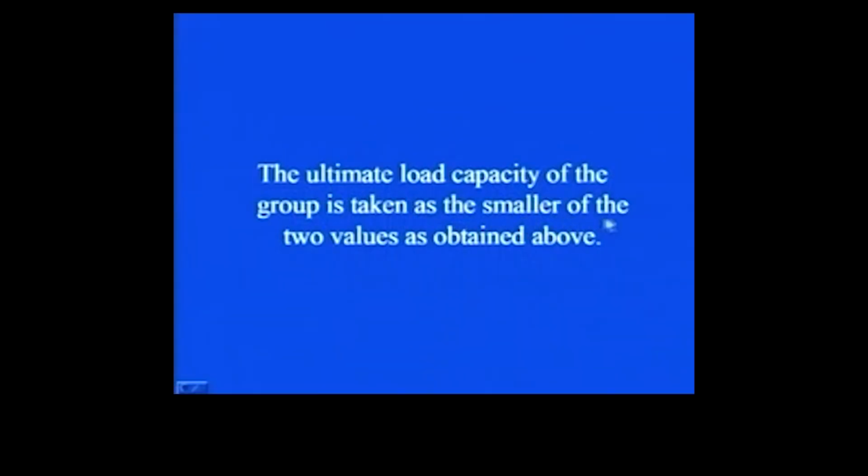So, you see here the ultimate load capacity of the group is taken as the smaller of the two values as obtained above. So, we obtain the ultimate load capacity considering block failure and considering individual pile failure, and whichever value is the minimum,